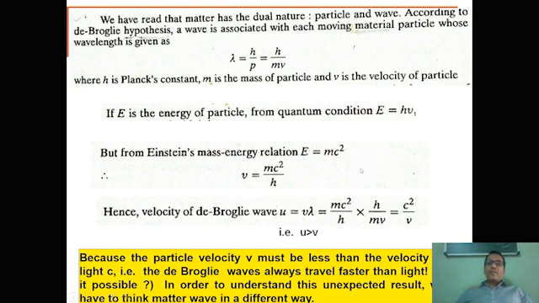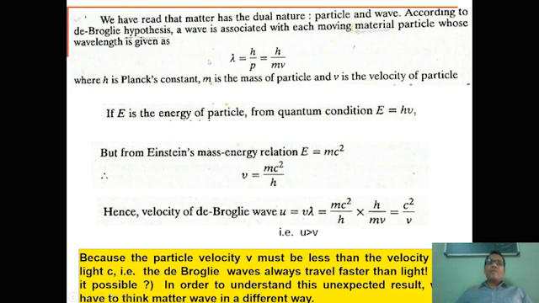talk about the velocity of the matter wave, that is de Broglie's wave, by using the phase velocity terms. Particle matter has a dual nature, particle and wave. According to de Broglie's hypothesis, the wavelength, known as de Broglie's wavelength, lambda is equivalent to h upon p, where p is the momentum. We can replace p by mv, so lambda is equivalent to h upon mv.